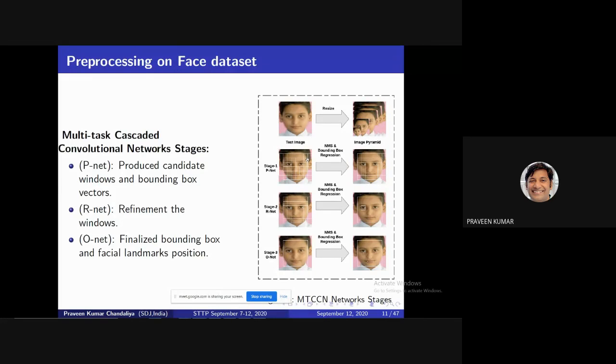Then it randomly generates bounding boxes on these images. Then PNet performs regression on these bounding boxes and finds the best bounding boxes. RNet means refined network; it performs a second round of finding the bounding boxes. Then ONet finalizes your bounding box based on the landmark points. This MTCNN has 5 landmark points: 2 on your eyes, 1 on your nose, and 2 on your lips. So this model generates only the 5 landmark points. With the help of this state-of-the-art model, we can process our data.